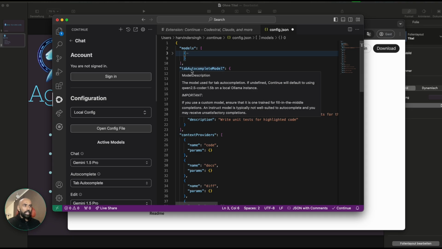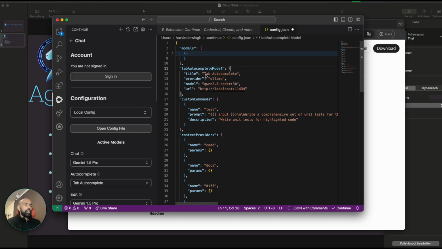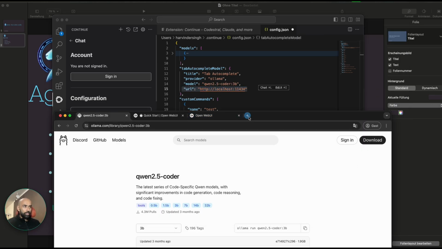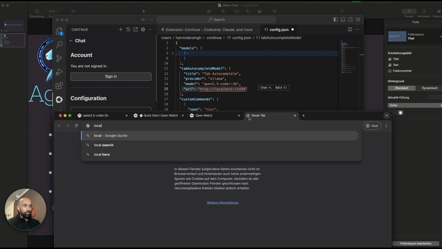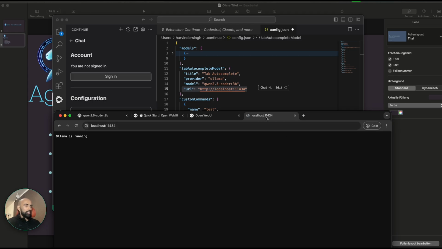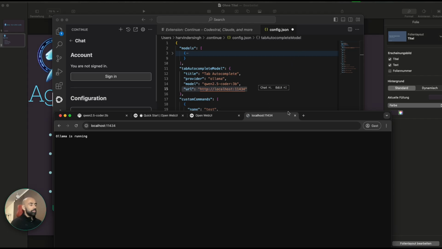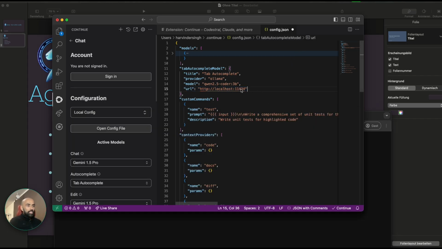You look for the tab Autocomplete model and just give it a title. The provider is Ollama, and this is the model for our Coder one. So that's the URL which we needed, the default URL for Ollama. If you go to localhost 11434, you see Ollama is running. It has nothing to do with the web UI. Even if you don't want the web UI, you can still check the URL and Ollama will respond. So Ollama must be running. You just add here the URL, the model, the provider, and the title as you wish,